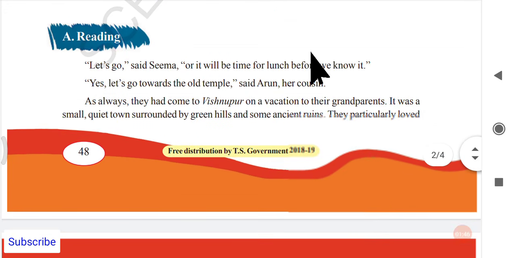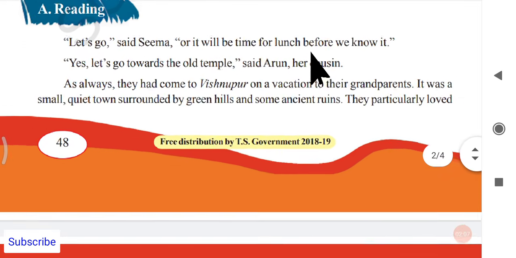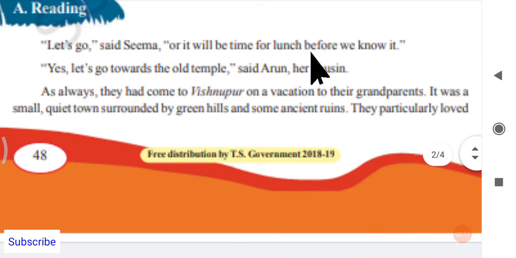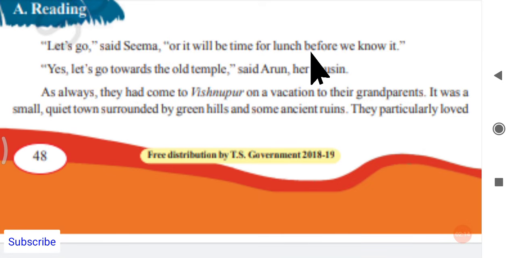Next, we are entering into the lesson here. It is a very wonderful adventurous story, so children would love it very much, and all the candidates who are preparing for DSC and TET, please try to note down the words or the vocabulary which is unseen till now. Let me zoom in a little bit. Okay, so reading A.